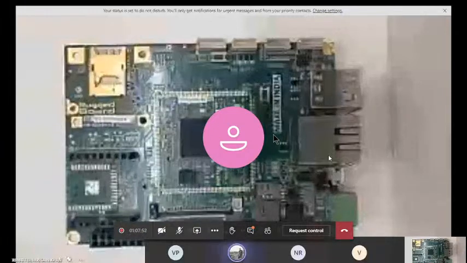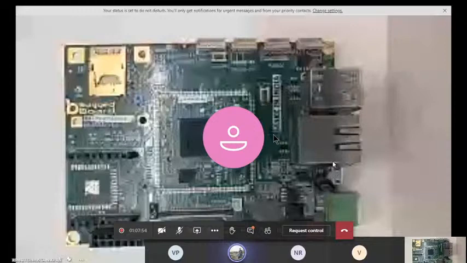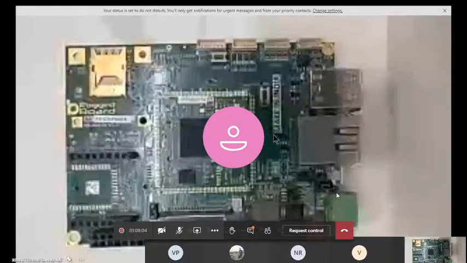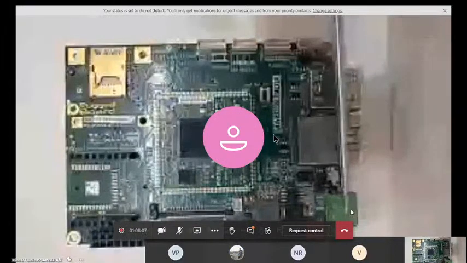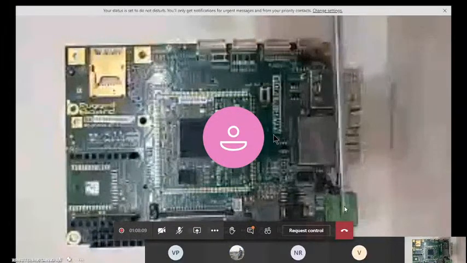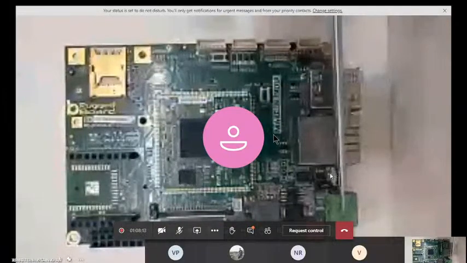let's jump. The next one is the dedicated DC power supply that we discussed, which is mainly meant for when your product is ready. While you are developing, there is no need for a DC power supply. You can still use a USB power supply.